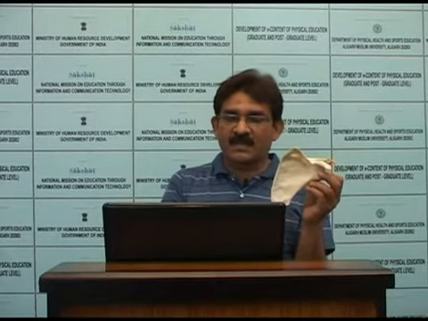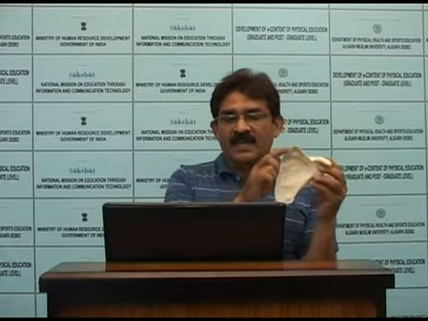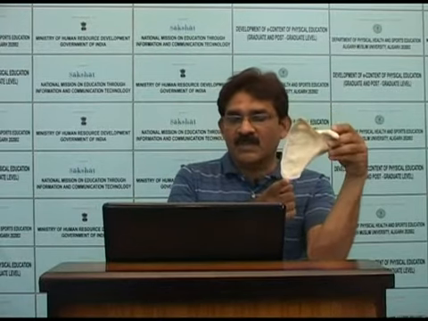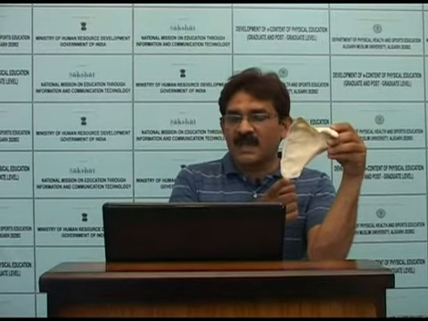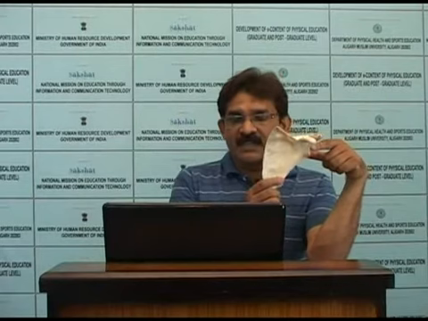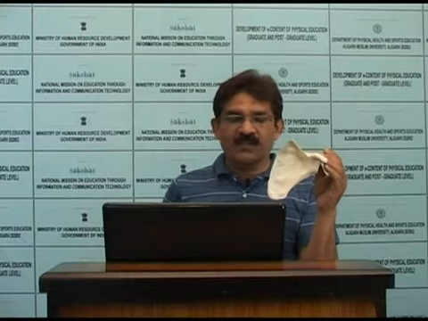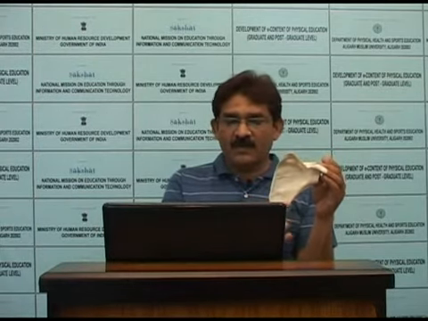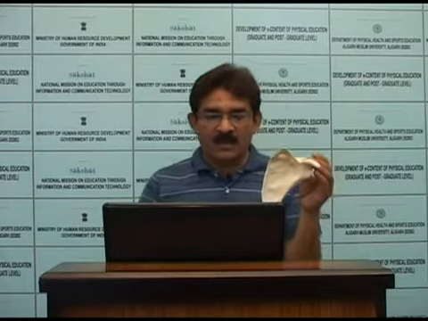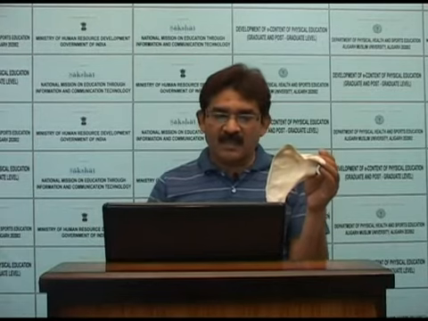Three angles: the superior angle, opposite the second rib. This is the inferior angle, opposite the seventh rib, at the seventh intercostal space. Laterally, the glenoid cavity. Two surfaces: the anterior surface is concave, the suprascapular fossa; the posterior surface has supra- and infraspinous fossae and the spine of the scapula, and this is the acromion.